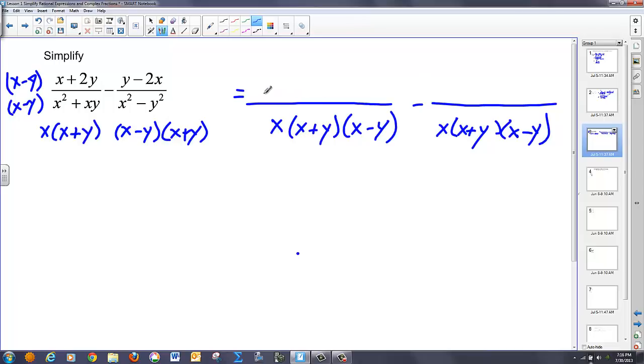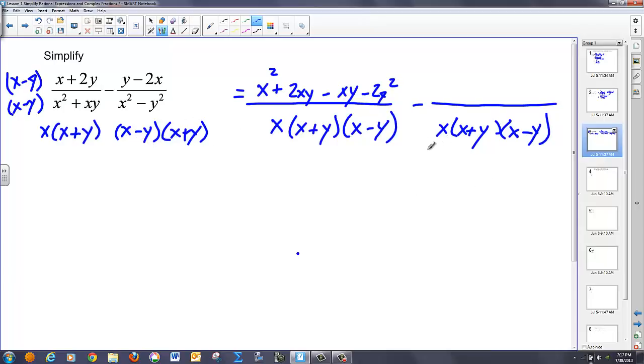Thus, I'm going to have to take and FOIL. So I've got x squared plus 2xy minus xy minus 2y squared. In the second term, I notice I have an x plus y and an x minus y, but